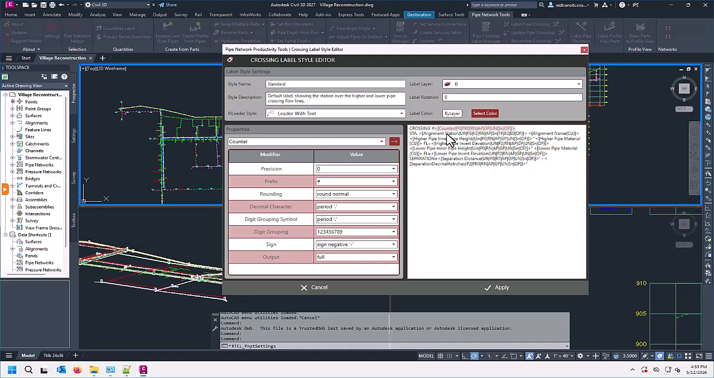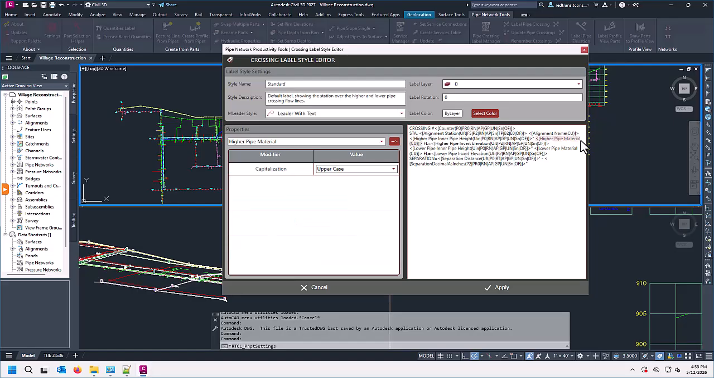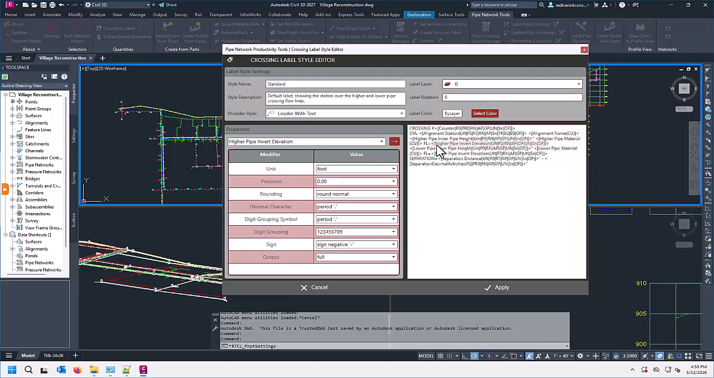We're pulling in an alignment station and the alignment name. Then we have the higher pipe, inner pipe height with inches, the pipe material. Then we have the flow line of the higher pipe invert. And then we get into the lower pipe properties, and then we have separation. Now separation, I'm using our separation distance value, and I'm truncating that and setting the precision to 0, and that's